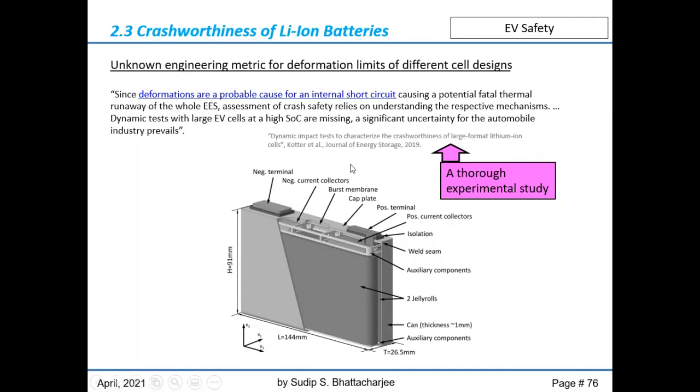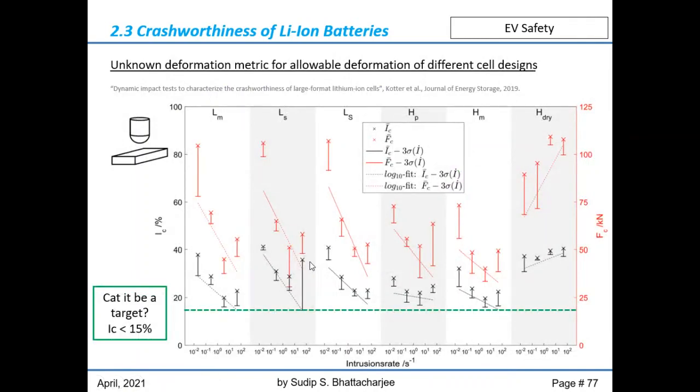This particular research focused on the dynamic impact on prismatic cells, trying to understand the safety of this cell. And I think this is one of the best pieces of information in my observation that I can find. So here is a pictorial description. This prismatic cell, if it is impacted in its